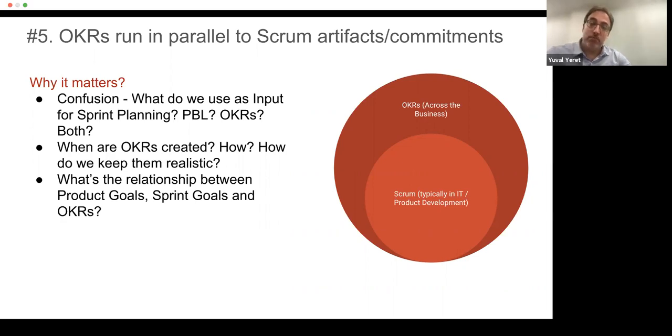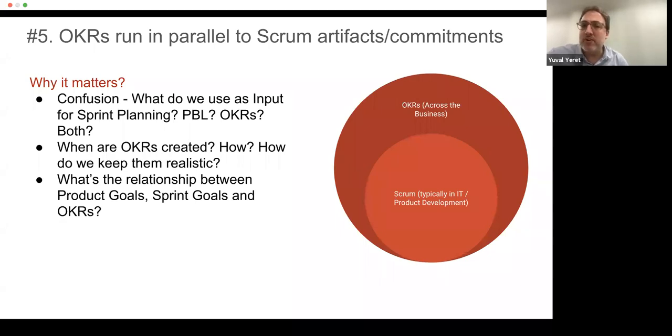So that's one issue, and also the potential to start to use Scrum more in the areas in the business that currently don't use it, but we need to do that carefully. The other issue that happens is that at some point, the organization has conflict and overlap when we're trying to implement OKRs and follow and use OKRs. And in some areas of the organization, there's Scrum in place or whatever agile method you want to use. And then there starts to be some confusion.